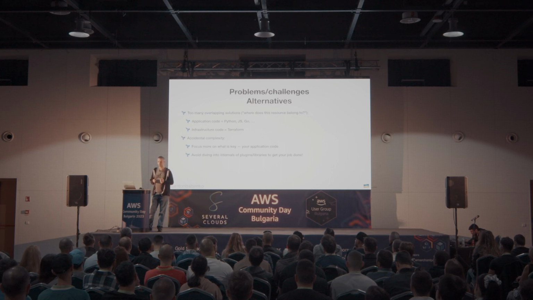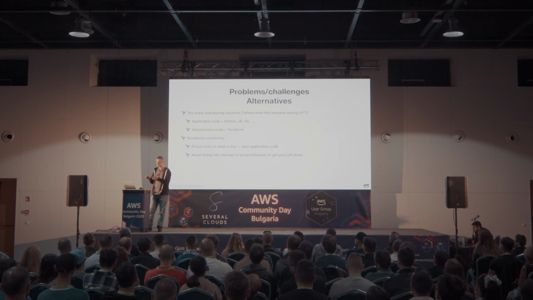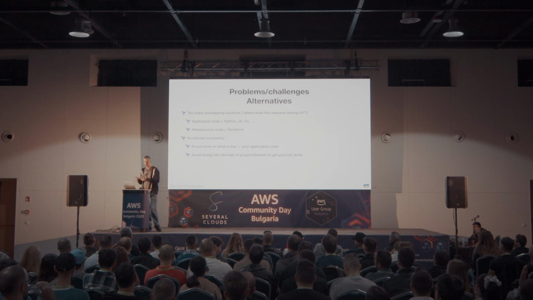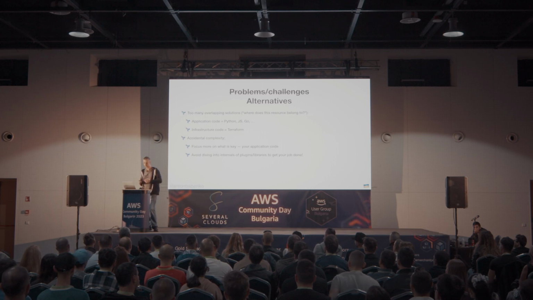This is partially why Terraform AWS modules are being used quite widely, because you can get productive right away. You don't need to know why there is a lot of Terraform magic inside some of them, or why there is a lot of type conversion happening. All you need to do is get your job done. You look at your entry point, and you figure out what's happening there. If you need to submit a patch, or you need to figure out why this was implemented, then of course it's open source. You look deeper, and you can spend a lot of time studying it. But to get rid of accidental complexity, you need to just focus on what you really need to do,